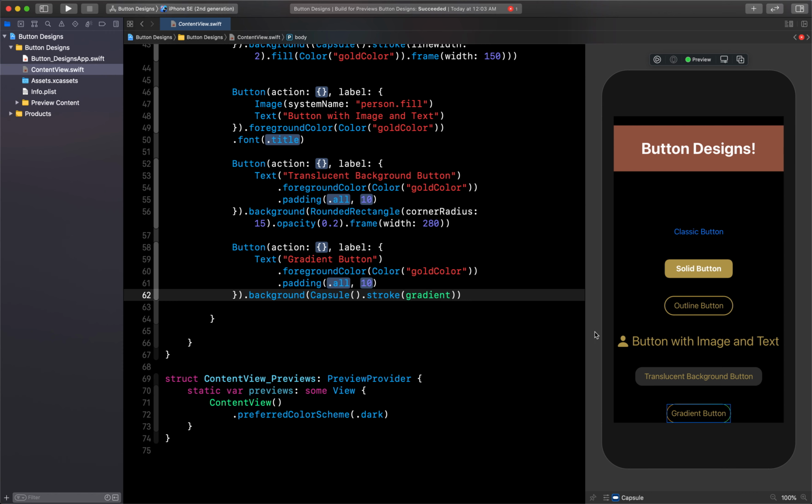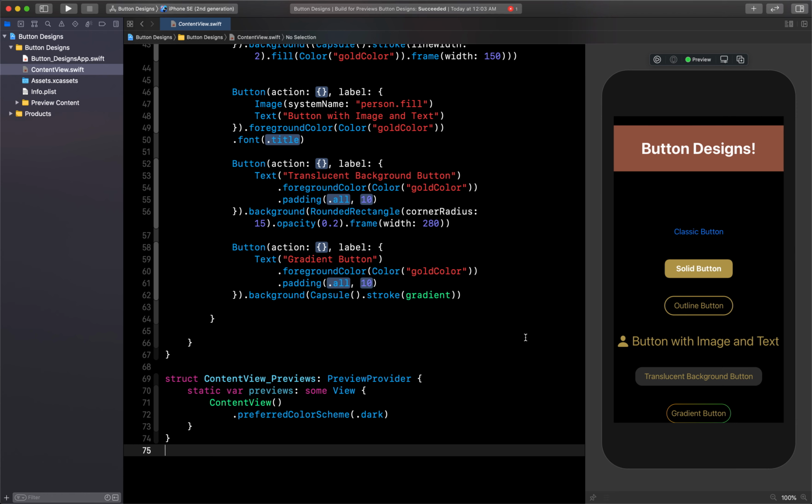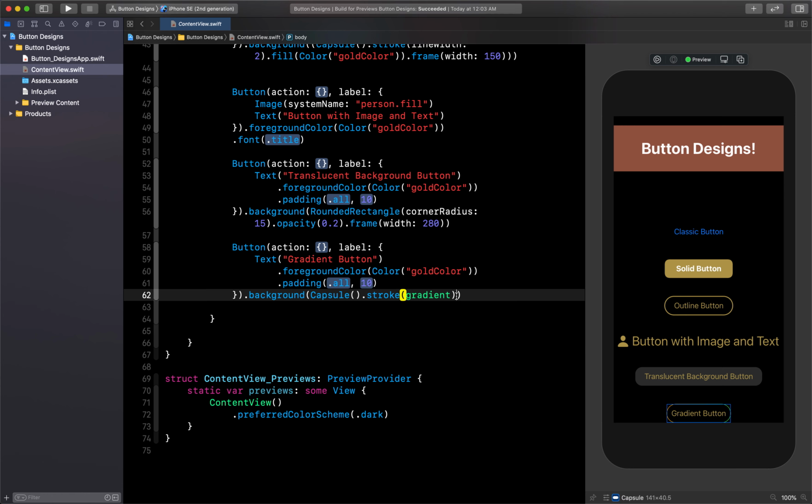Okay, now we have passed the gradient color, and you can see it is reflecting here. So now what I will do is I will use other modifiers, like here I can use some line width also for this, which I can give with line width, and we'll use 2.